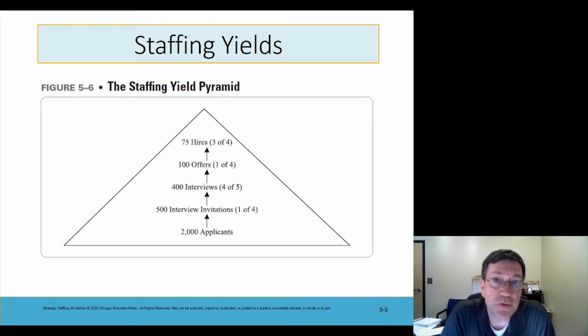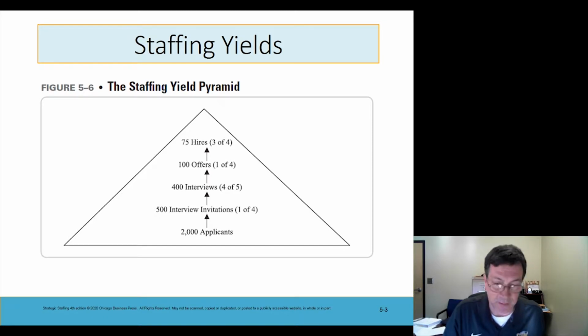But we can also use this information to answer a couple of other questions. One of those questions being, we want to hire 3 people, how many do we need to start with? The other question is, we've got 400 applicants, how many are we likely to end up with? And we can work the math from both directions. And that's what we're going to do with the little worksheet that I gave you and get some practice doing